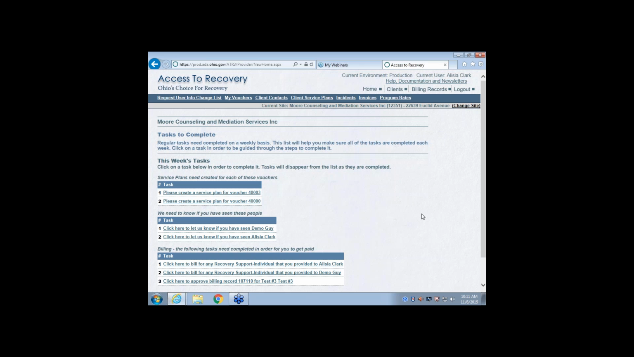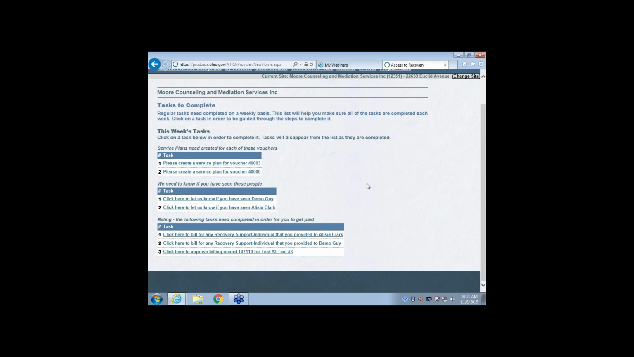We have made the home screen for the providers as easy as possible. We tell you exactly what we expect as a provider that you would do. The first thing that we ask is for you to create a service plan for anyone that has chosen your program. These particular links under task, this is how you as a provider would know that someone has chosen your program. You would click on